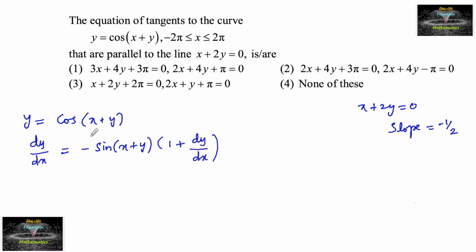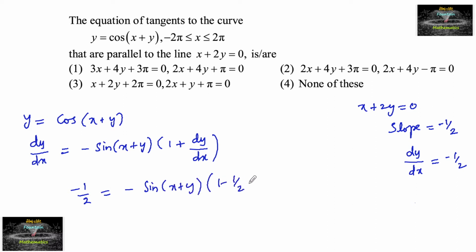Since the slope of these tangents is parallel to the line, we can consider dy by dx is equal to minus half. So let's substitute here. Minus 1 by 2 is equal to minus sine of (x plus y) into (1 minus half), that is minus half is equal to minus sine of (x plus y) into half. So we can cancel this half and also minus minus, so we are getting sine of (x plus y) is